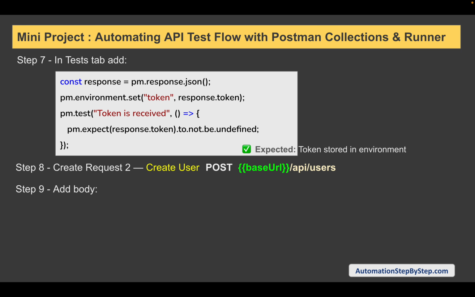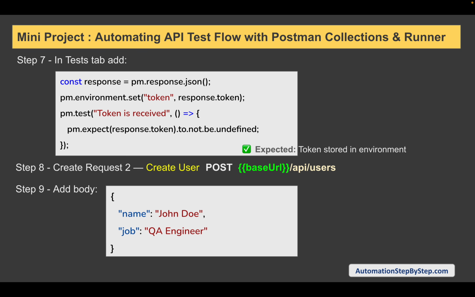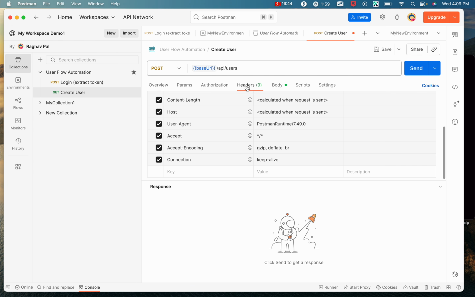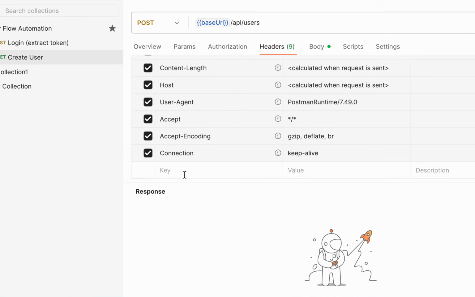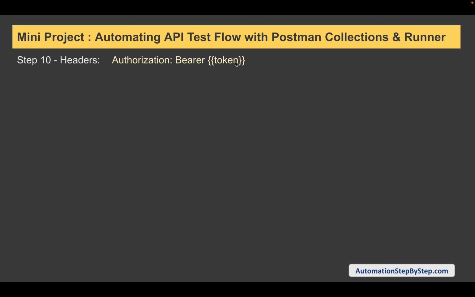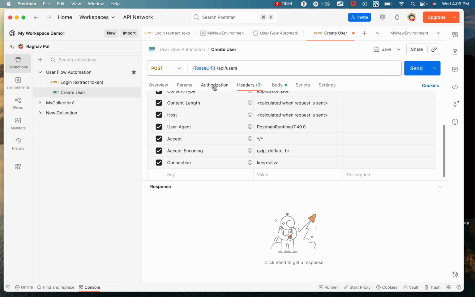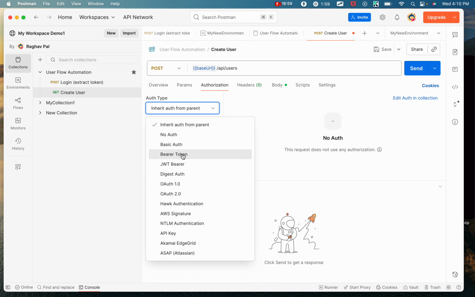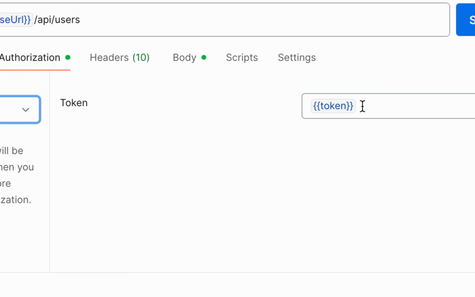And here we have added the body, we have updated our endpoint URL and body. Now we will add the header for authorization, and here we will refer the token that we extracted. You can either go to headers and add a header for authorization, and then in the value you can say bearer space and refer the token, or the other way is you can directly go to the authorization tab and here select bearer token,